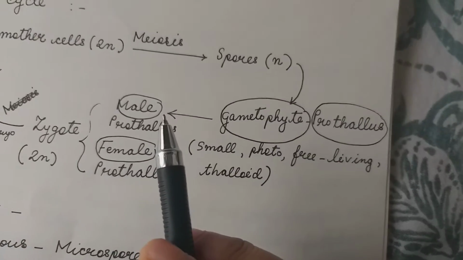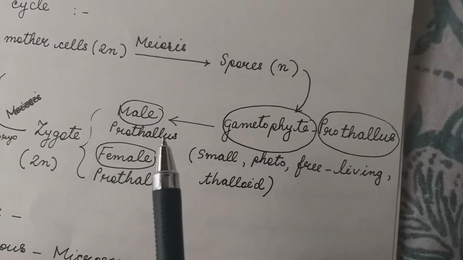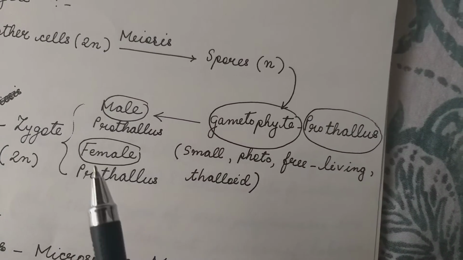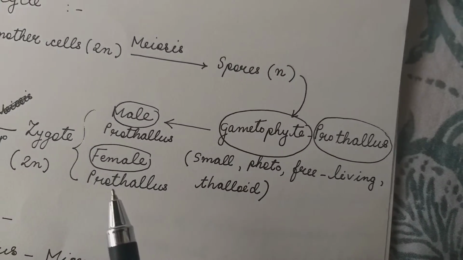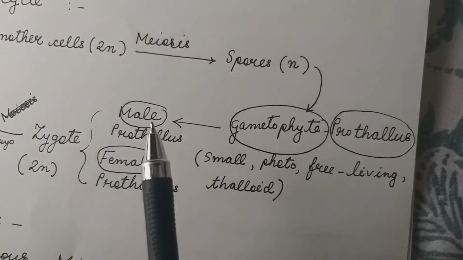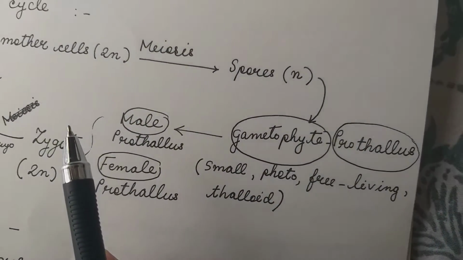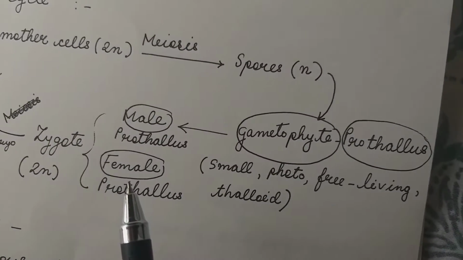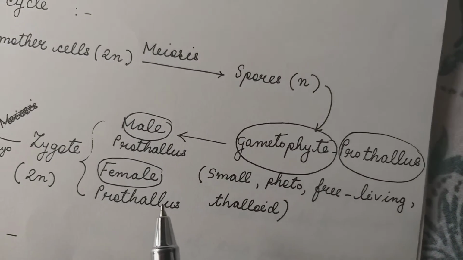In the antheridium, antherozoids are formed. The male gametes or antherozoids are formed, which are biflagellate. In archegonia, which is born on the female prothallus, an egg is developed. One female gamete is developed. Now, from the antheridia, the male sex organs, antherozoids are released. One antherozoid comes in contact with the egg which is present in the archegonium on the female prothallus.